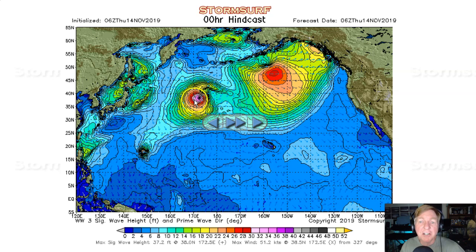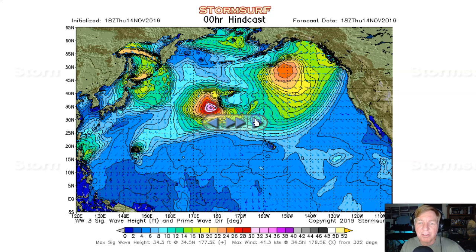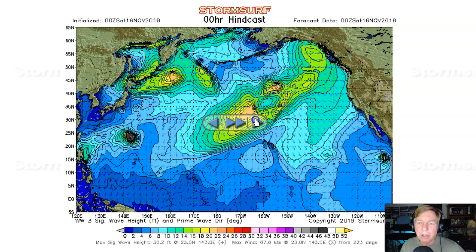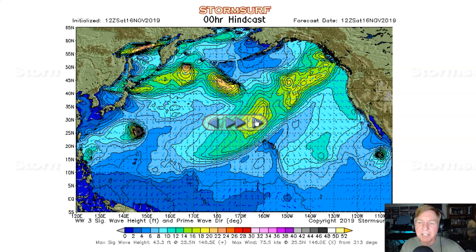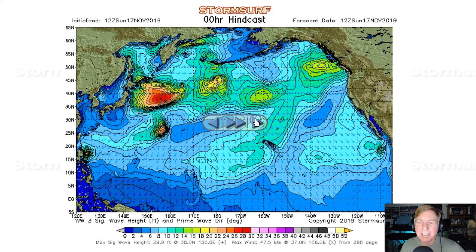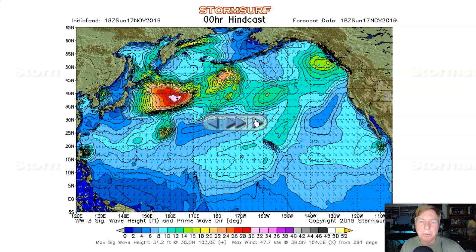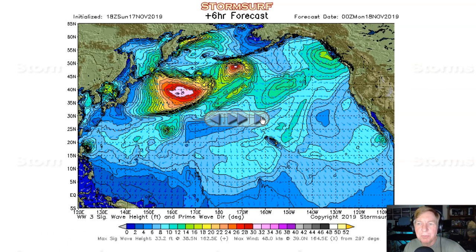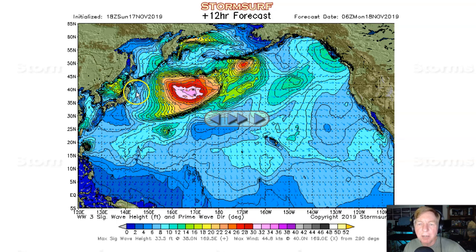It was dissipating. Another system developed over the dateline on Thursday, falling southeast. That has targeted Hawaii. That swell has hit there as well. It hit starting on Saturday and then was fading out on Sunday. And now, here's where we are, present time, new gale developing in the western North Pacific. Moving forward, we see that gale building in coverage Sunday night up to, what is that,